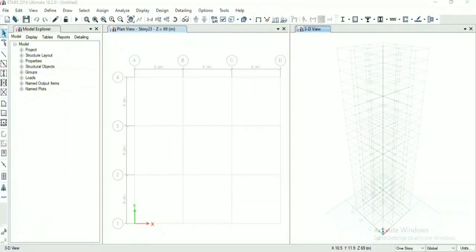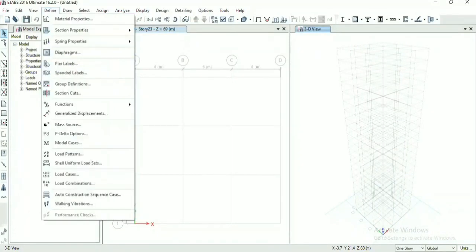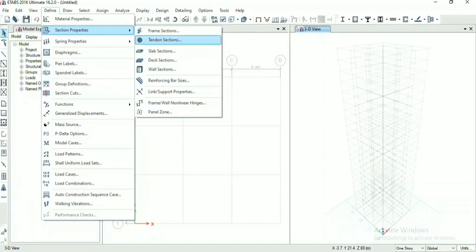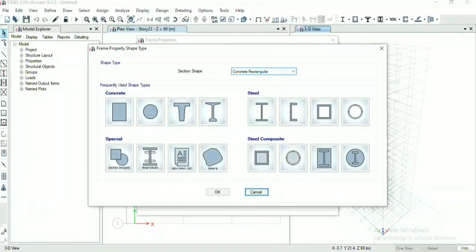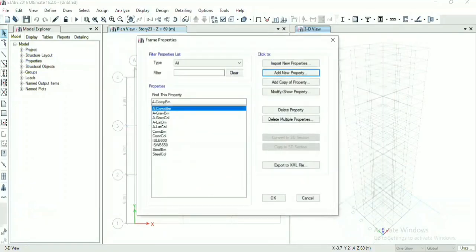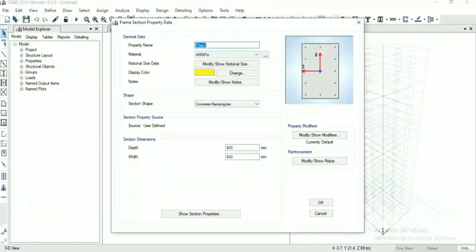Define sectional properties. For that, go to Define, Section Properties, Frame Sections, and now add new property. Select Concrete Rectangular. Name it for column as C, 500 into 500.